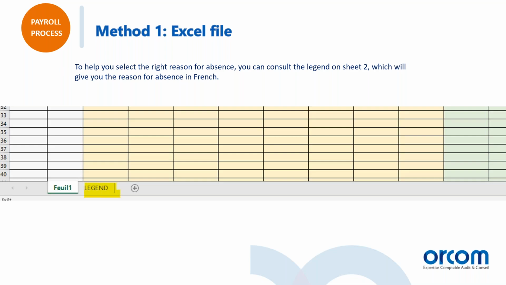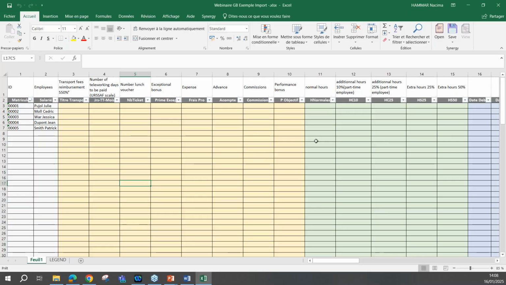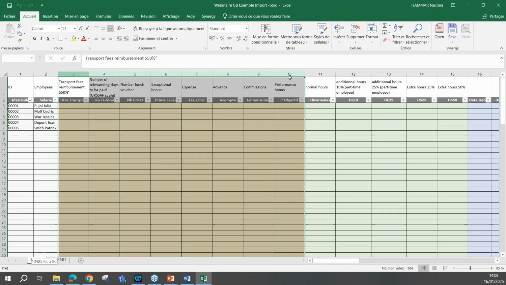Method Excel file. So I will share the Excel file with you. So you can see it. It's an example here in pay one. It is in French, but here you will get all the information. This is your employee information. Here, like I showed you, is the block, all that one